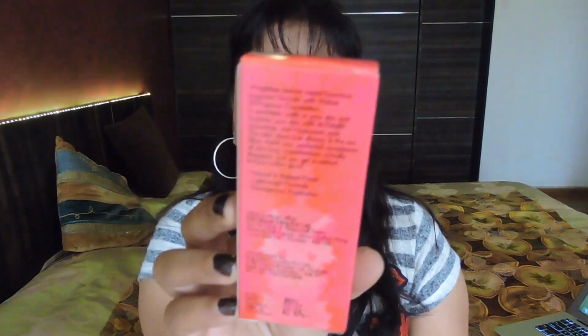Weightless texture meets luxurious long wear formula with NYKAA SKINgenius foundation. It seamlessly melts into the skin and hydrates the skin with its Polylift technology and hyaluronic acid. The color stays true always, and the sun filters shield your perfected complexion all day long. Imperfections virtually disappear and you get a radiant lit from within glow. And it has a natural and radiant finish. It has a lightweight formula and it has a homogeneous application, is what is written at the back of this carton,